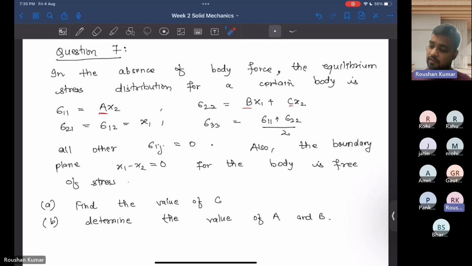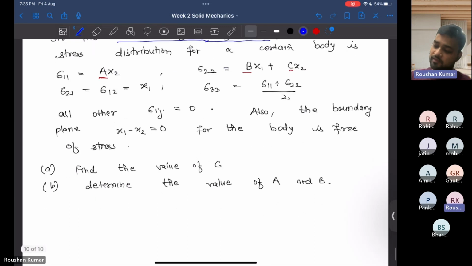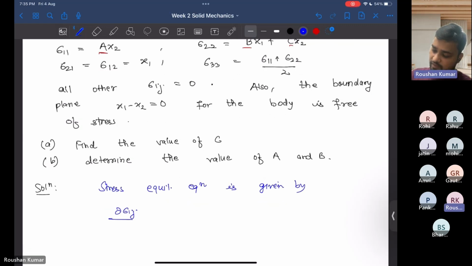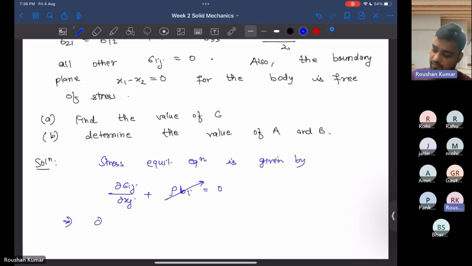So first of all, in the question it is mentioned that there is no body force present. Absence of body force means the stress equilibrium equation along E1, E2 and E3 direction will become, so the solution: the stress equilibrium equation is given by del sigma ij upon del xj plus rho into bi is equal to 0. So there is no body force, so this term is 0, which means if we break it in component form,